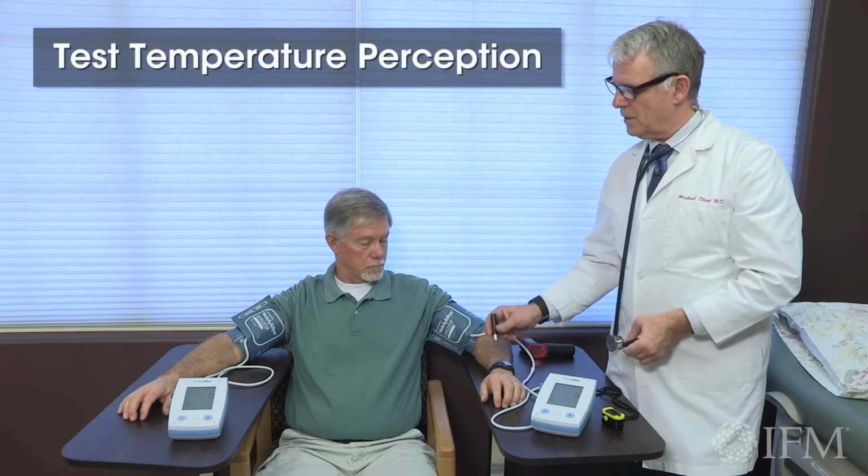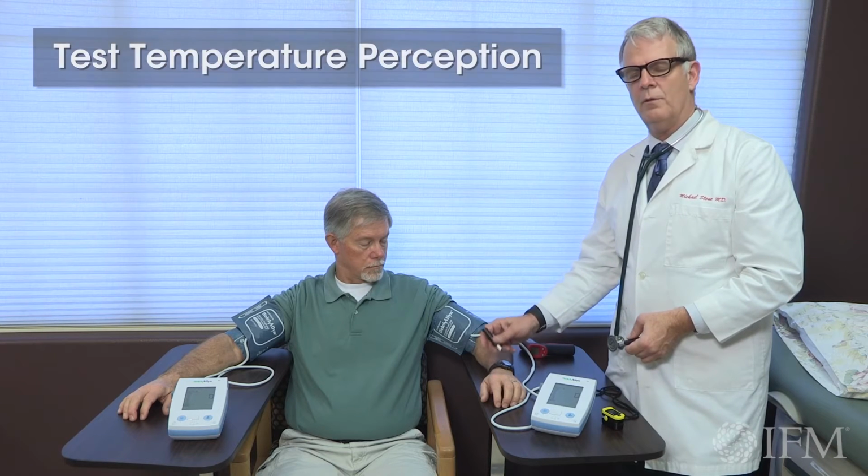So if that's the case, is that an autonomic issue? Is that a capillary issue? Is that a nerve issue? Is that a hormone issue? Well, to help distinguish, you can use the tools to help determine whether they feel cold and warm the same